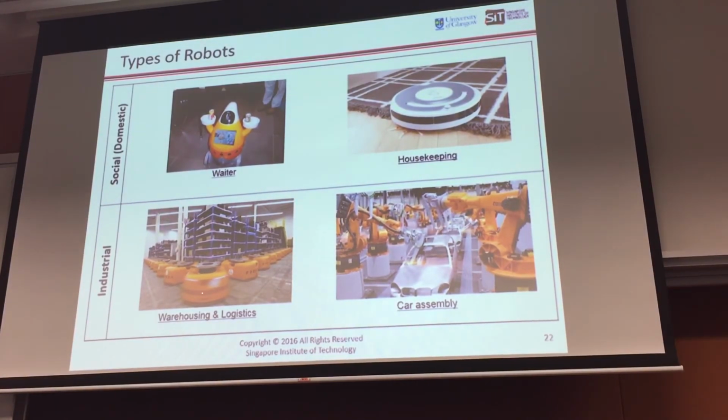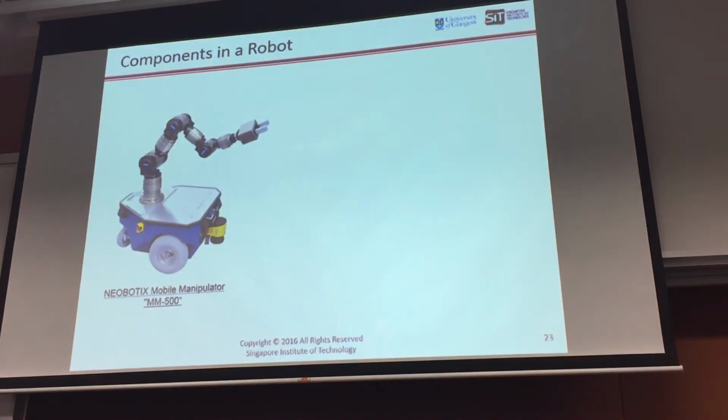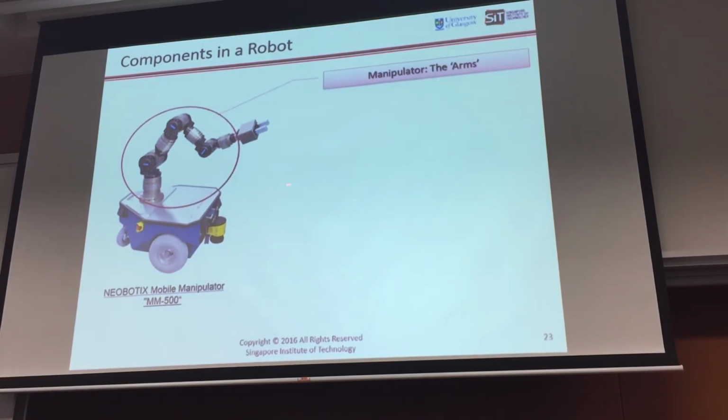Industrial robots, warehousing, car assembly, you are all very aware of that. Okay, a quick look at components. What are the key components of a robot? Now, this doesn't mean that every one of these components must be there. These are the major components. So you can generally have manipulators to do some manipulation tasks. You have end effectors because different tasks will have different requirements. Maybe some of them need to do gripping, you need a flexible arm. Maybe some of them is just